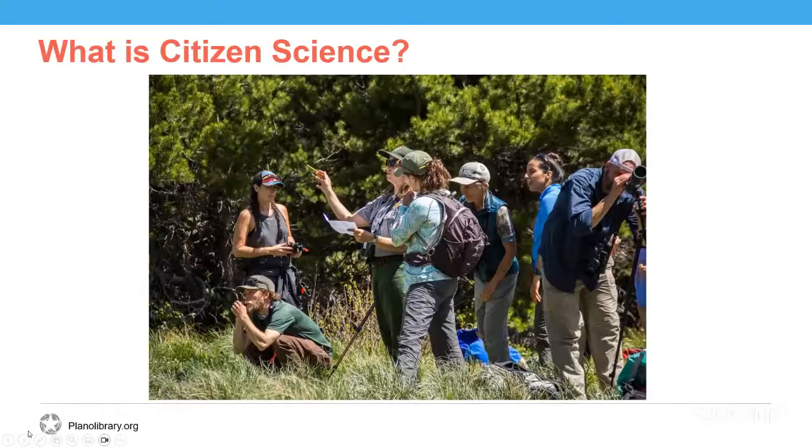Citizen science is a collaboration between scientists and people who are curious or concerned about the world around them and are motivated to make a difference. It was not until recently that science became an occupation. In the past, science was something done in your leisure time. So, for example, in 1674, Antony van Leeuwenhoek discovered microorganisms. He was a cloth merchant who made lenses to look at the weaves of the fabric he was selling. And in his free time, he used these lenses, which were much more powerful than the microscopes of the day, to look at pond water. And that's when he found out that there were small things living in it. So today he is known as the father of microbiology.